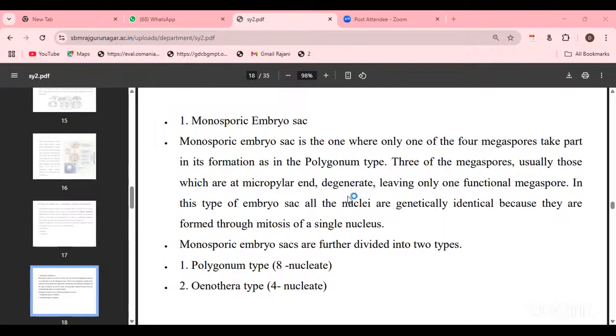In this type of embryo sac, all the nuclei are generally genetically identical, because they are formed through mitosis of a single nucleus. The monosporic embryo sac